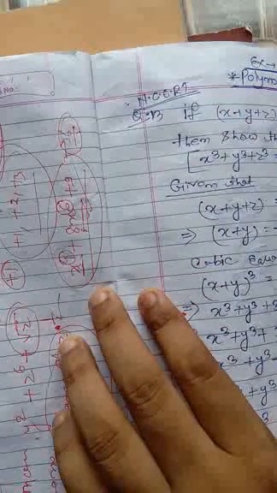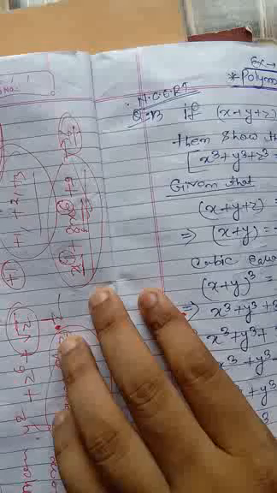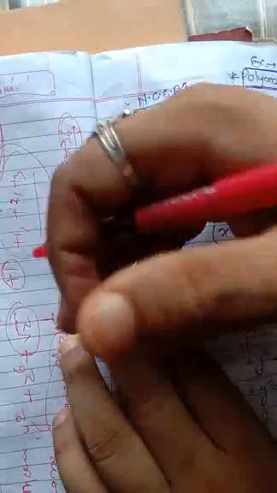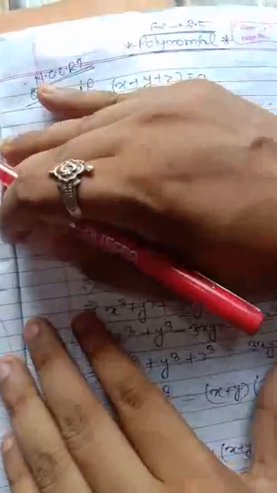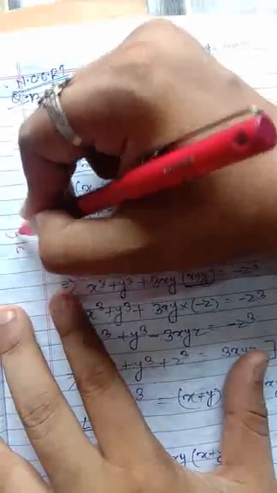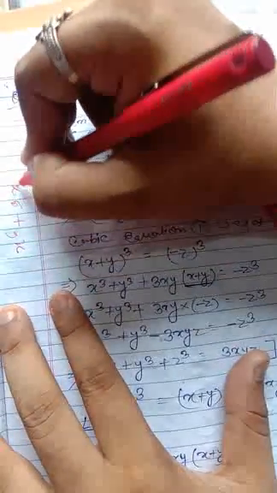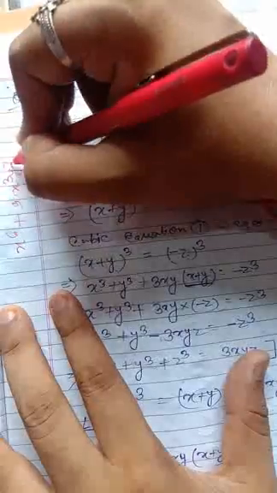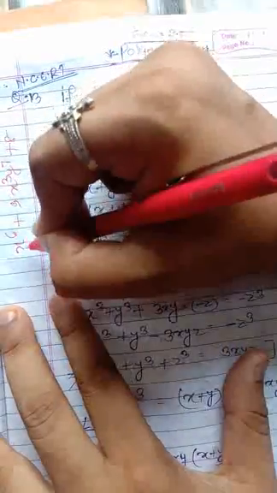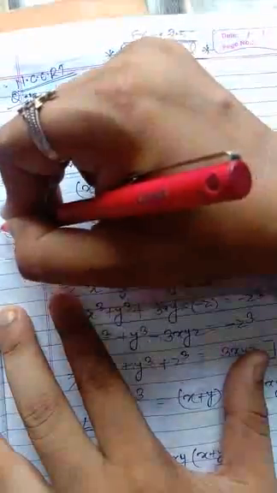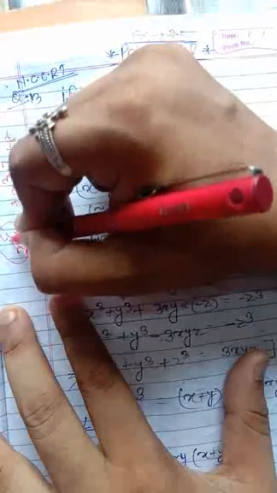Okay, once again we can define the degree of the polynomial: the highest power of the variable of the polynomial is called the degree of the polynomial. Clear, my dear? Again one example I can give you. Suppose I write x to the power 6 plus 9 x to the power 3 y to the power 7 plus 8. Here we see that in this term the x has power +6.